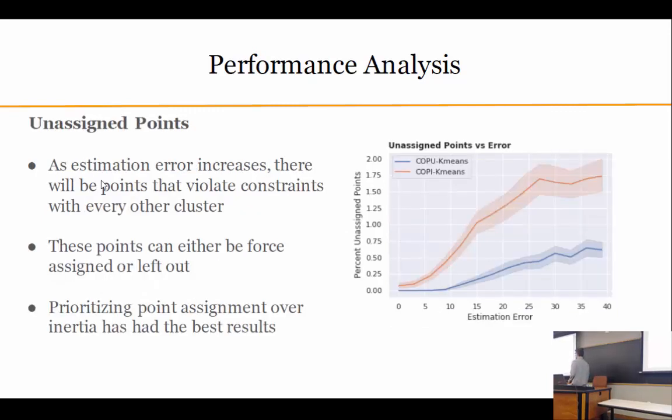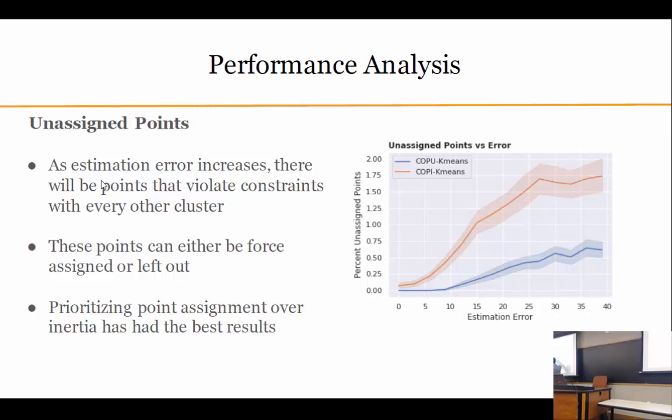So one of the things I told you is sort of a flaw of this constrained algorithm is the fact that you can have points that don't actually get assigned. So this is what I'm using to show you how increasing your estimation error of your parameter set attributes to your points that you actually cannot end up assigning due to these hard constraints. So you can see as the estimation error increases,